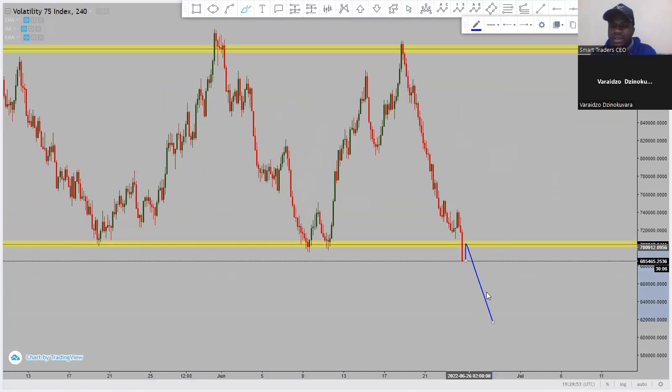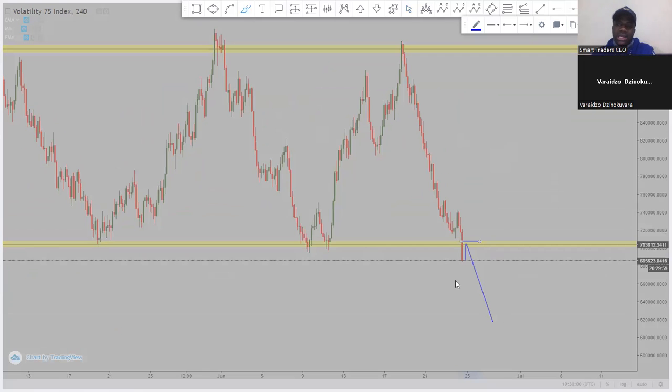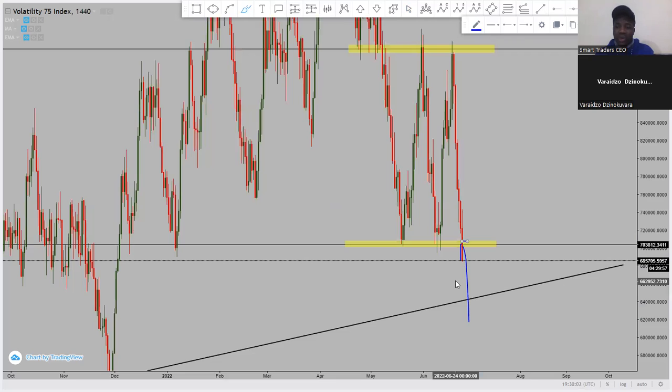So the first target after we enter is the trend line that we drew on the daily. That trend line is what we need to watch out for now. Once we enter there, this trend line is a very key zone. Price can reach there. It can take a day, if not a day and a half, because the retest can happen on the 4-hour, then it goes.